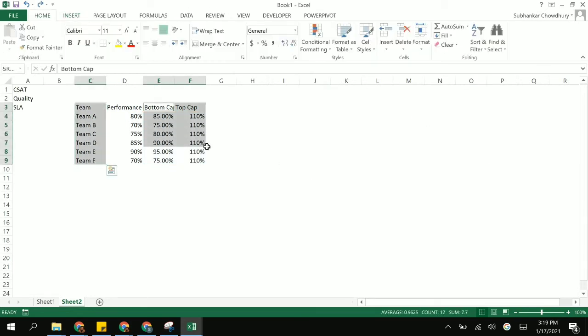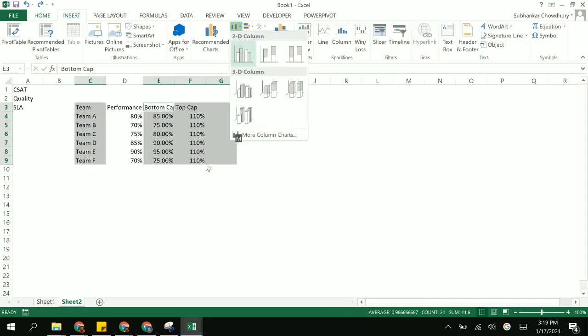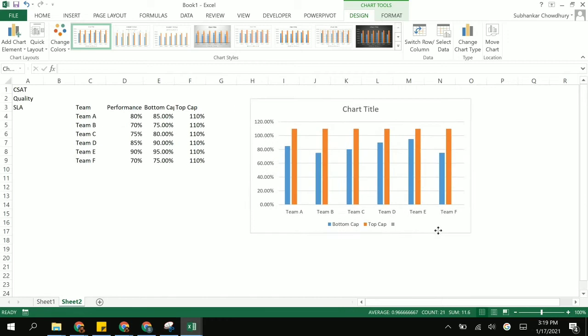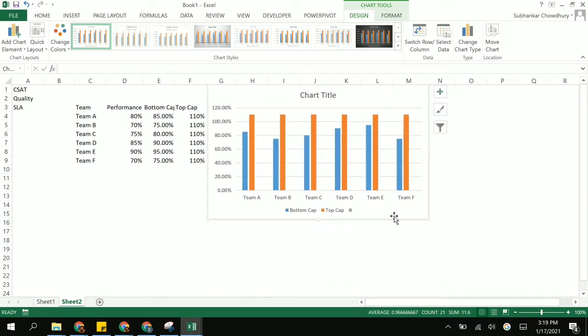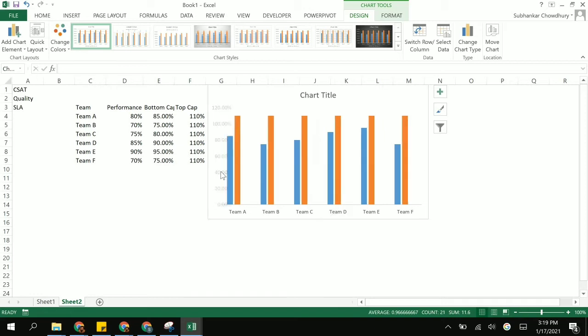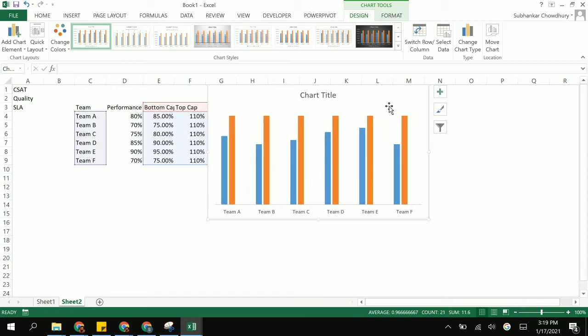I select this, key in Alt N C, and this comes, and key in enter. That's all. There's a shortcut for entering a graph. So this comes now. Let me keep it here. First thing first, I always remove the grid lines. I would take the legends off, and I would take the axis numbers off as well. Chart title, we'll keep it as it is for now.